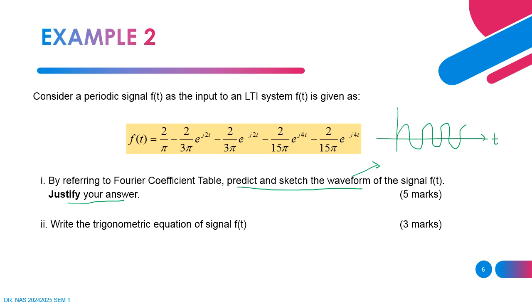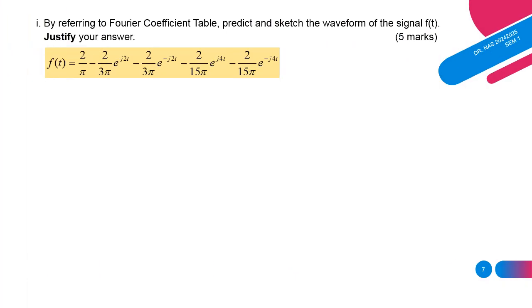Secondly, you need to write the trigonometric equation of signal f(t). The equation given is in exponential form, so you need to convert the equation into trigonometric form. Okay, let's look at how to solve the first question by referring to the Fourier coefficients table. You need to predict and sketch the waveform. So let's look at the table,